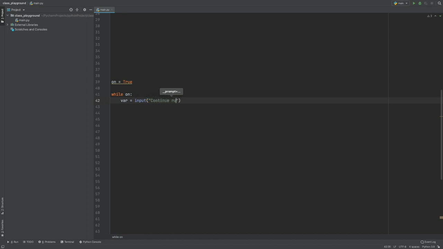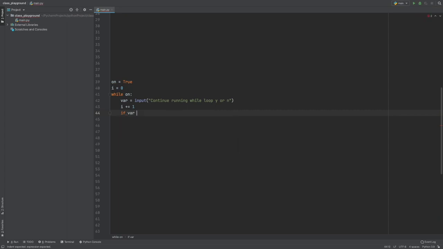continue running while loop, and then we'll put a y or a no. So would you like the while loop to continue, yes or no? And then we can set a variable up here and say I equals 0, just so you can see how many times this is running, and then we'll say I plus equals 1, and then this should just continue to run, and then we'll put an if statement, say if